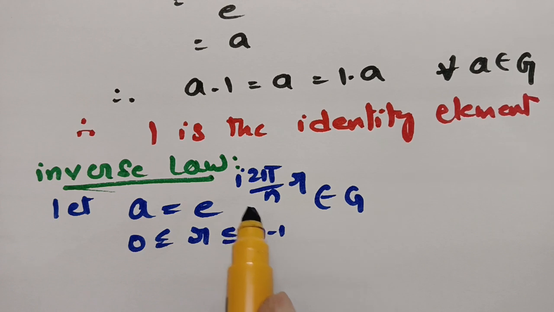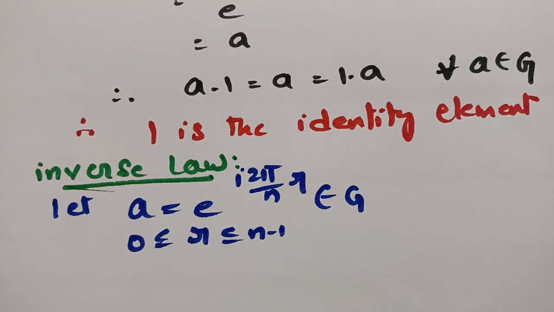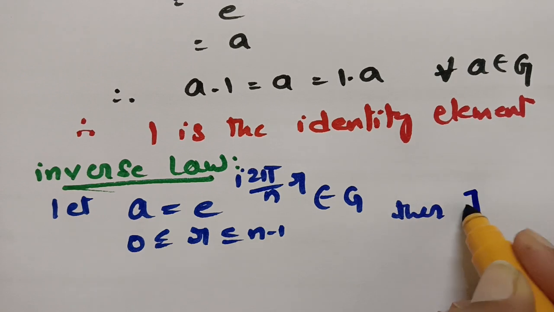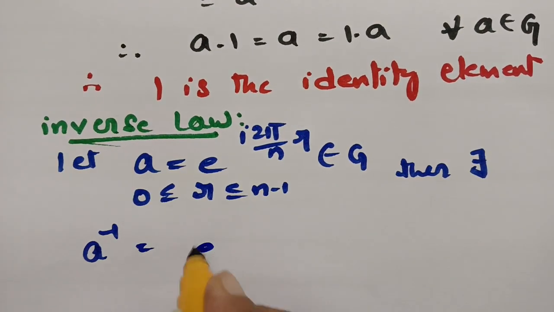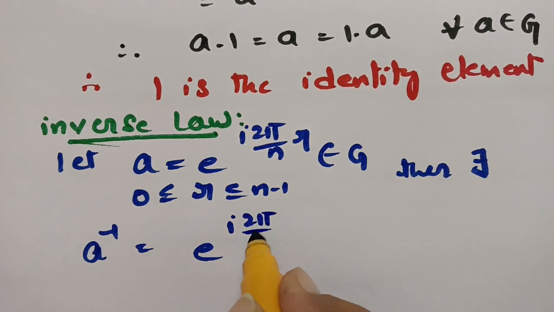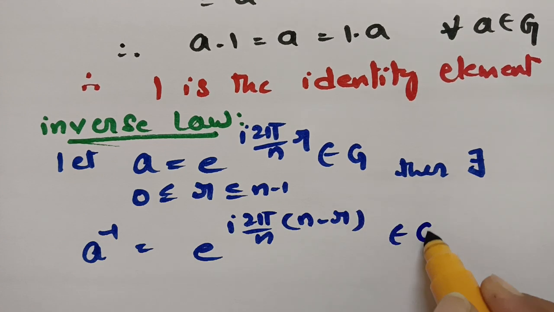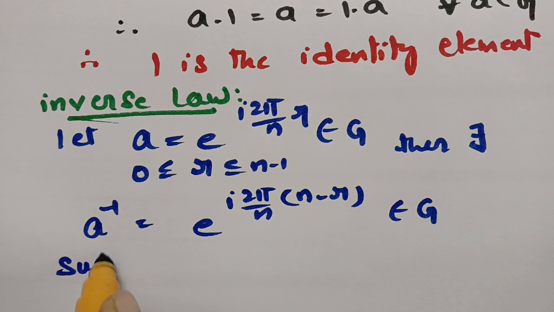So this is of the form e to the power of I 2 pi R by n belongs to G, which is from the set G, that is the set of nth roots of unity. Then there exists A inverse is equal to e power I 2 pi n into n minus R, which again belongs to G, such that